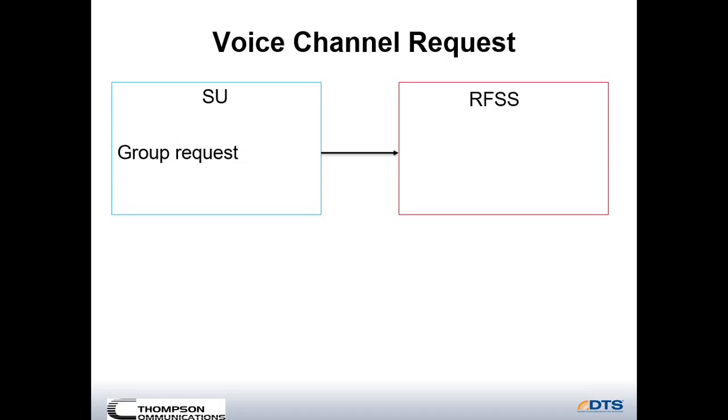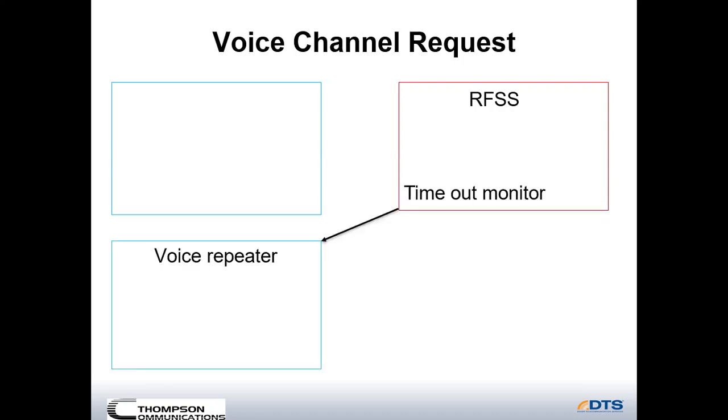When a radio keys up, it sends a group request into the system on the control channel. If a repeater is available, the control channel will send out a channel grant and all the radios on that talk group will switch over to the voice repeater. The system monitors the voice repeater to know when the transmissions are finished so it can put the repeater back